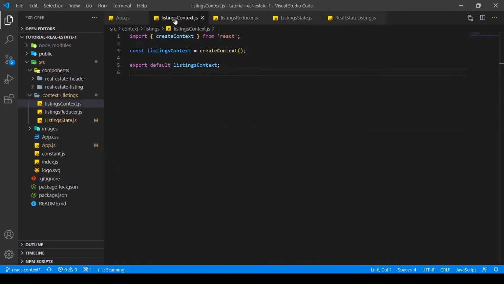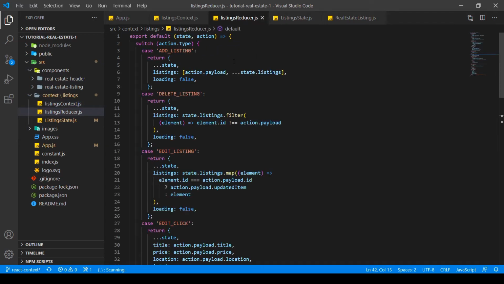First, let's start with listings context, and we can see this is just a file that is responsible to create context with the create context function from React. What we will do with that, we will see in a bit, but let's go first to the listings reducer file. And this might seem very familiar to you if you have already used Redux. So this is pretty much the same thing where we have an action type and the